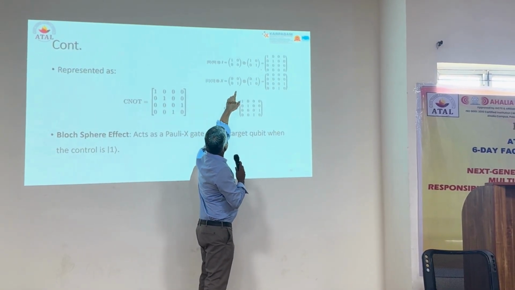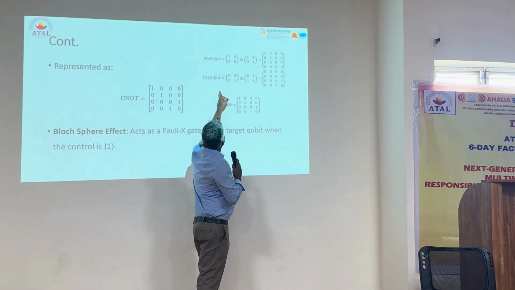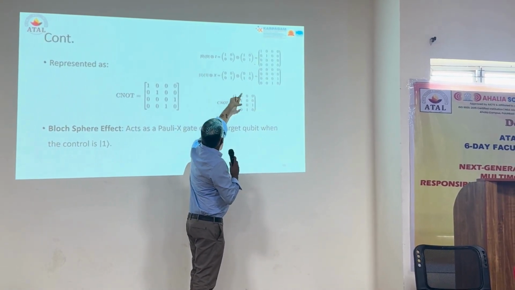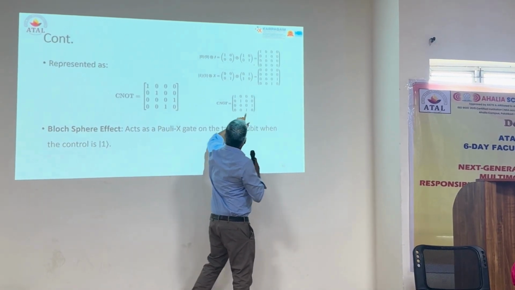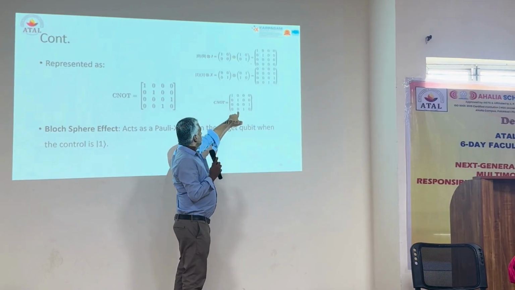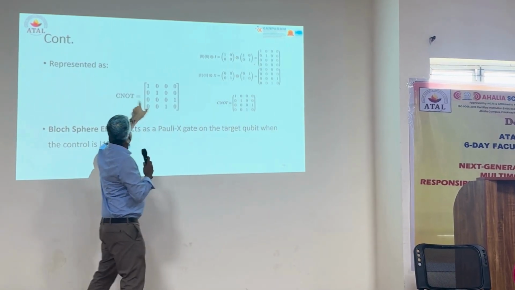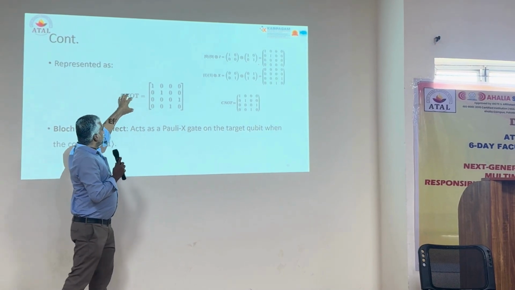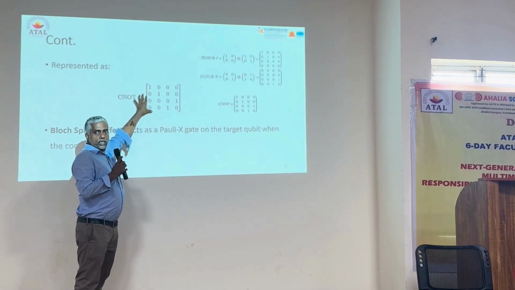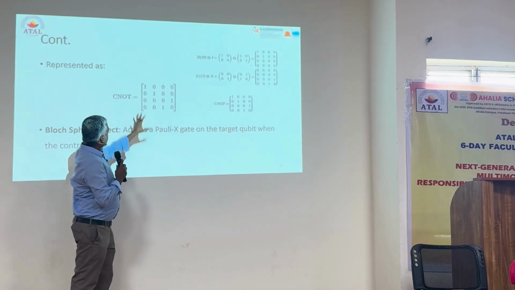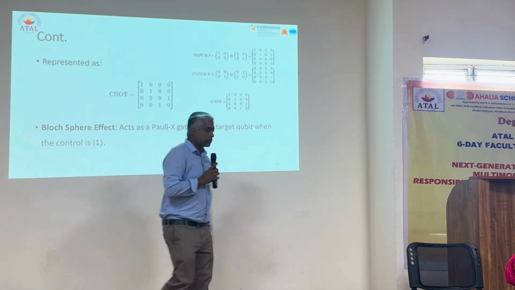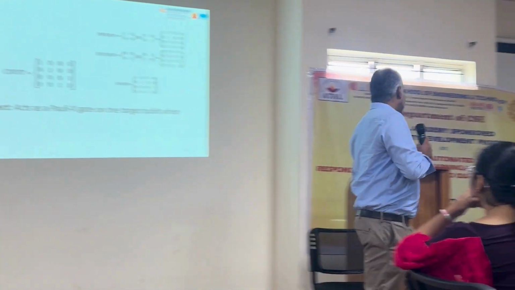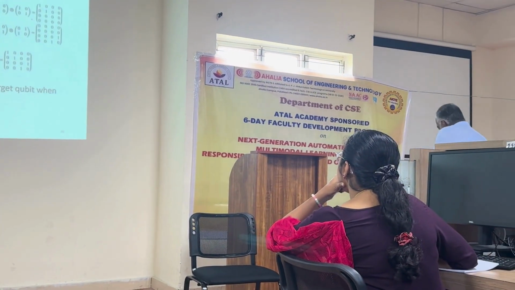One is represented as 0, 1 here, and we multiply with the X gate, and you get a result like this. When you add the two matrices, you get this matrix, which represents the CNOT gate. In a unitary matrix, the CNOT gate is represented like this. So we can achieve this matrix by performing the tensor product. Consider I have